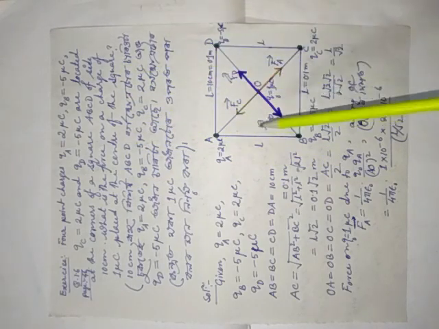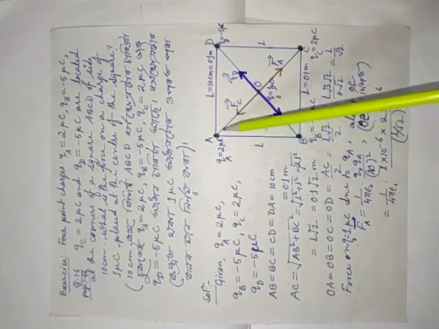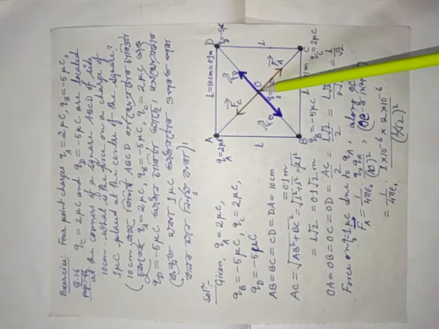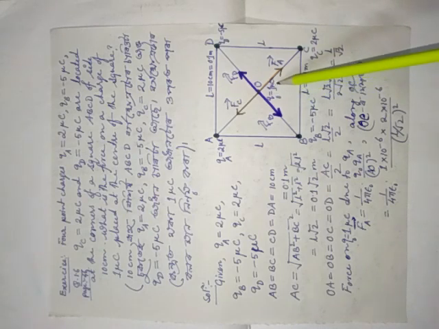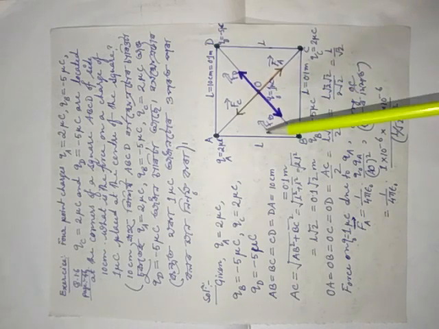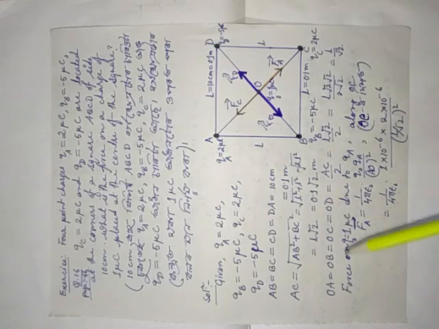That means if you place the charge at the center, if you draw two diagonals, they will intersect at a point. This is the center of the square. And if you place a charge having value, suppose I have considered it as q naught, 1 microcoulomb, what will be the net force on this charge? This is a very easy numerical, but I would like to solve this problem in two ways.